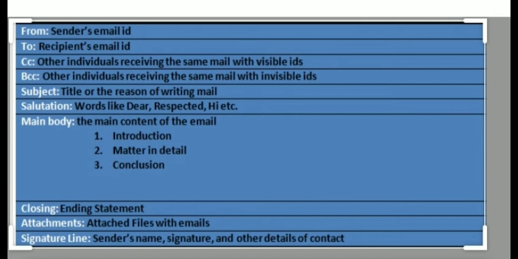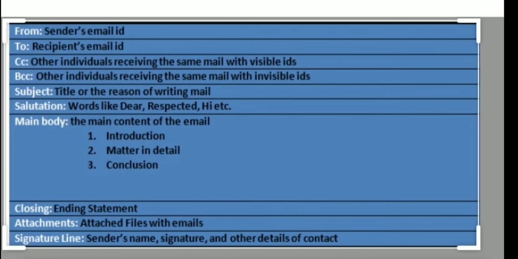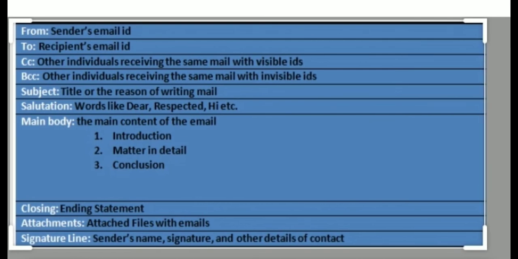Then the next component you can see is BCC, that is blind carbon copy. Now you have sent an email to Mr. John and 10 other people. Now you want to send an email to Mr. Peter also. This is just an example, my dear students, I'm taking. You want to send an email to Mr. Peter also, but you do not want the 10 other people and Mr. John to be aware that you have sent an email to Mr. Peter. Neither do you want Mr. Peter to be aware that you have sent an email to Mr. John or the 10 other people.